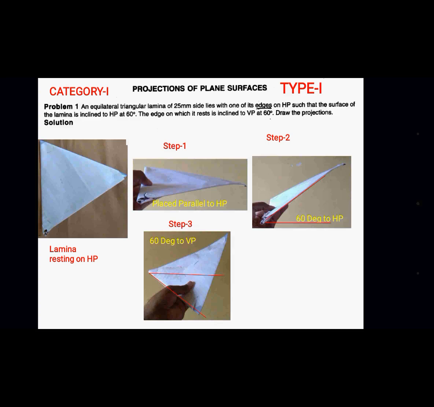So it is desirable to classify those 50 problems into 6 types with 2 major categories and 3 subcategories. The major categories are HP resting problems and VP resting problems. Out of these 2 major categories, you have 3 subcategories. Number 1, general type problems, which are very easy and simple, straightforward problems. They are not tricky.